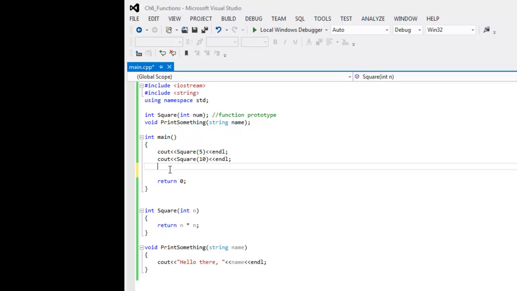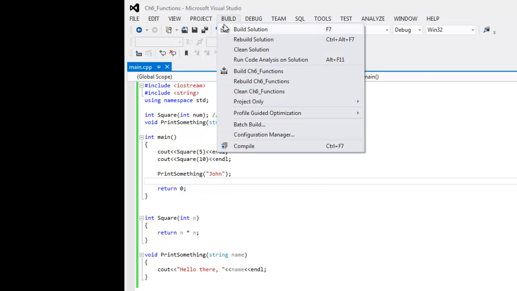With a void function, all it does is perform a task and then exit. It's not returning a value, whereas cout is expecting a value here, not just a function call. But I can just say print something, and I'm going to pass the name John into that. So when I run this,